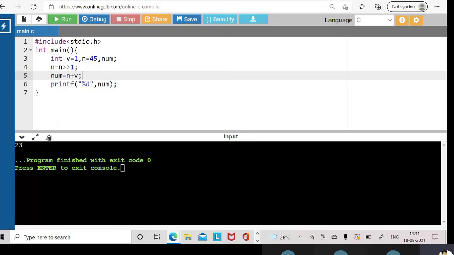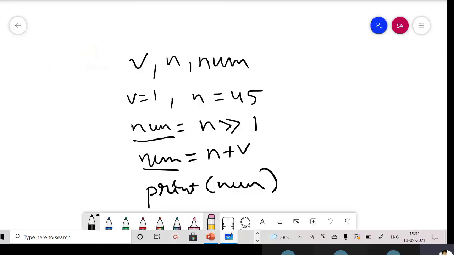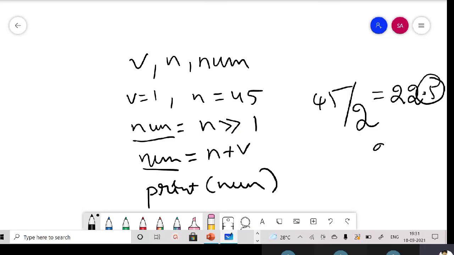When 45 is right shifted, it becomes half, which means divided by 2. That is 22, not 22.5, since the 0.5 doesn't come; we get 22. Adding v, which is 1, gives 23. Okay, so that's it for today's class.